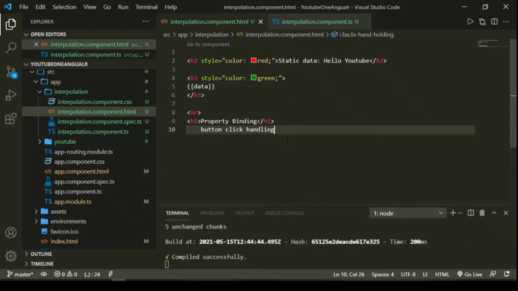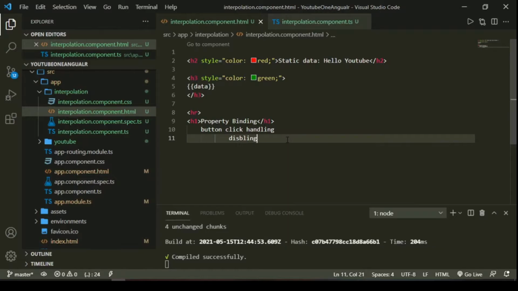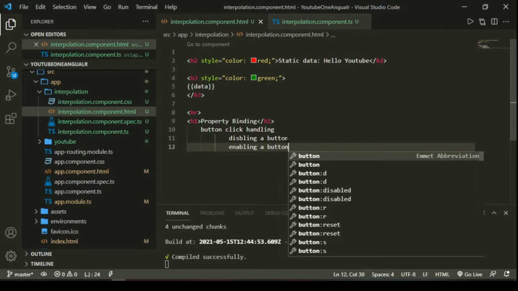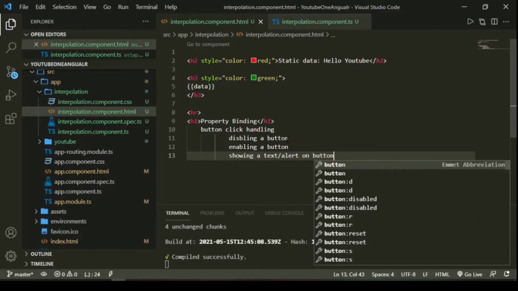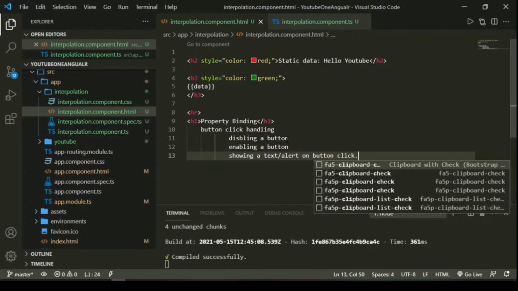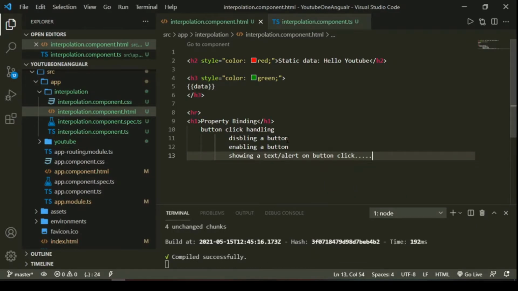Okay, now what in your button click handling, like disabling a button, or enabling a button. Something can be showing a text box, text, an alert on button click, something of that kind can be your properties. So these properties are helpful